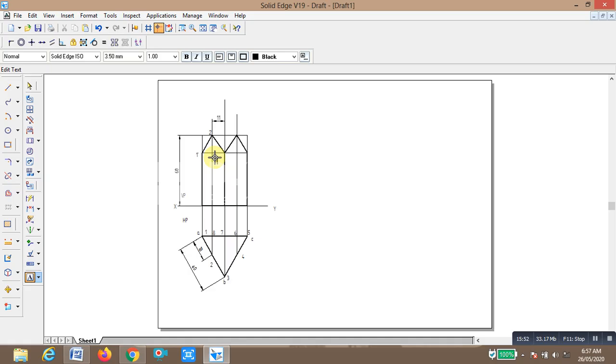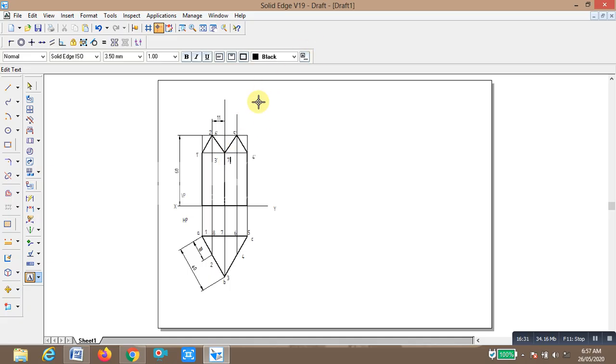This is 5 dash, and this point is 6 dash. This is point 7 dash, and this point is 8 dash. Which one? This point we write as 8 dash.